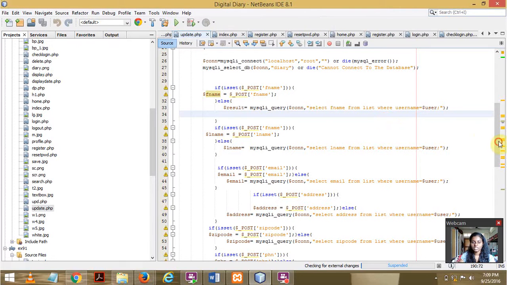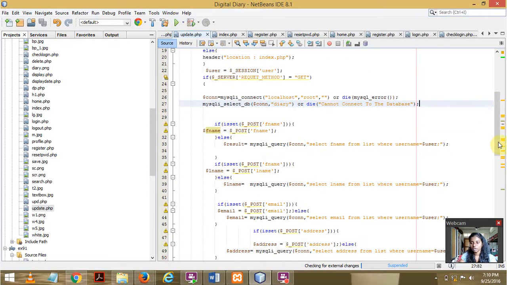You can see over here that I have given some conditions to check if my field has been set or not. So I'm checking if the user has given some name or not. If it is given, then I will use a global variable and put it into my variable, and similarly I have taken the value for each variable that is given by the user. So I'm actually taking all the new information given by my user and storing it into my variables using global variables, and then finally